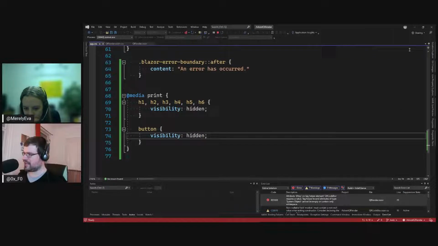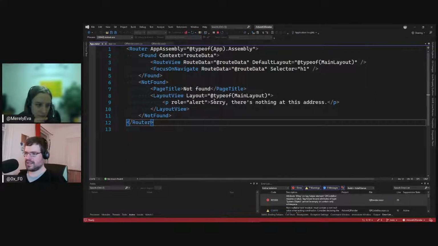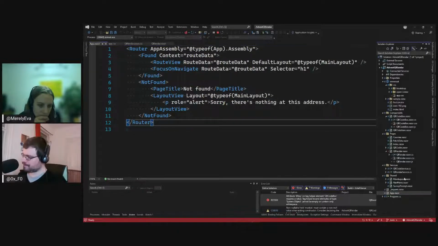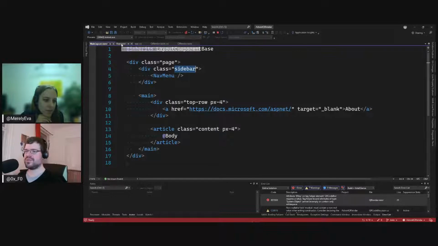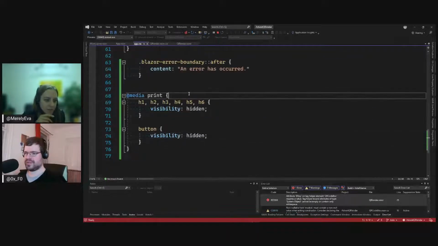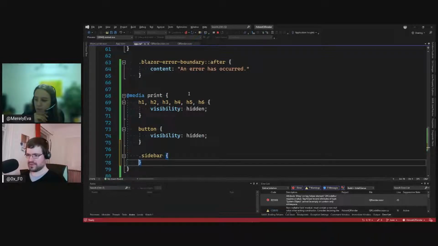So it starts at the app, and the app loads the main layout. So we jump to the main layout, and the main layout has a class called page. If we hide the sidebar, yes, let's get rid of the sidebar. So that's a class. If we say dot sidebar, visibility,